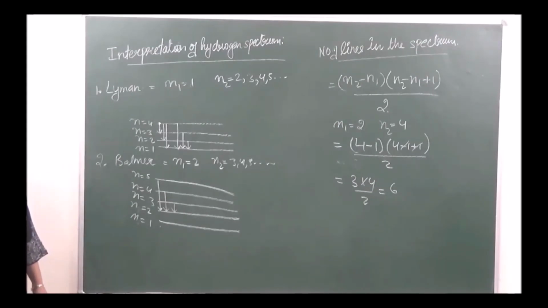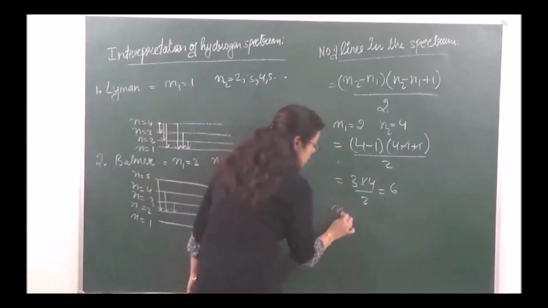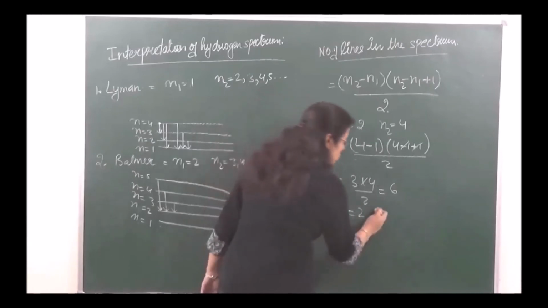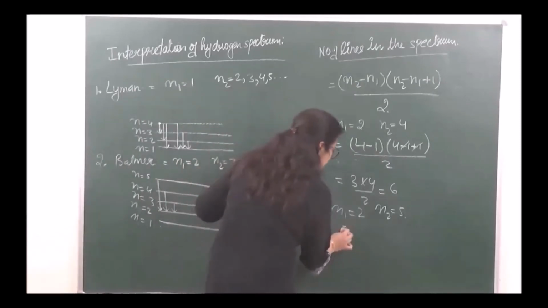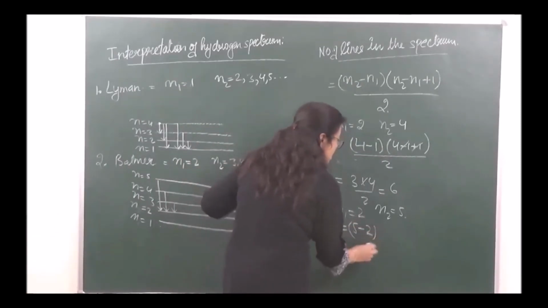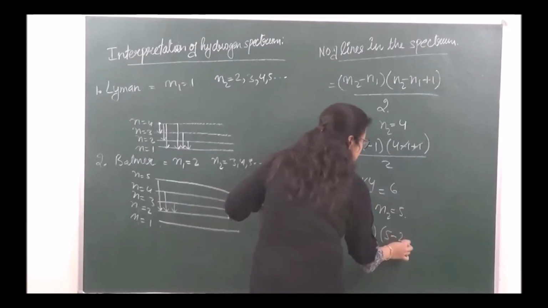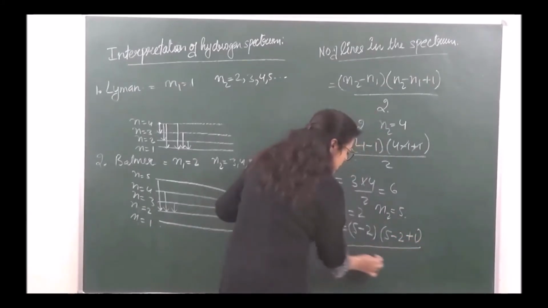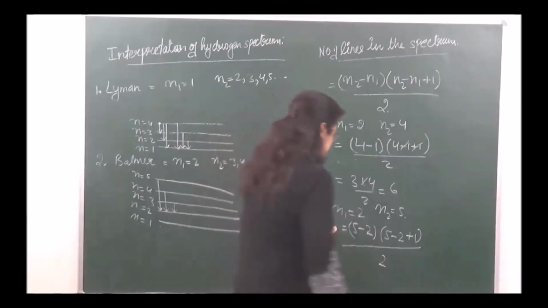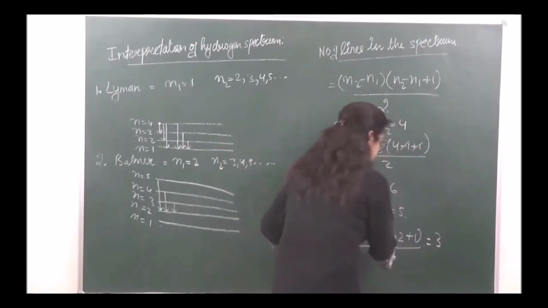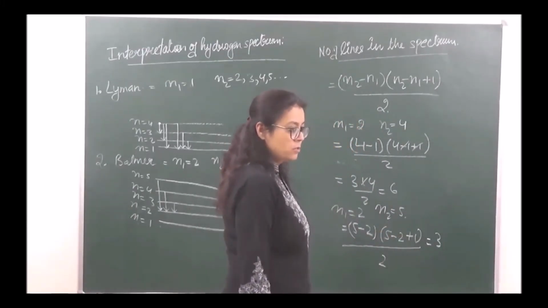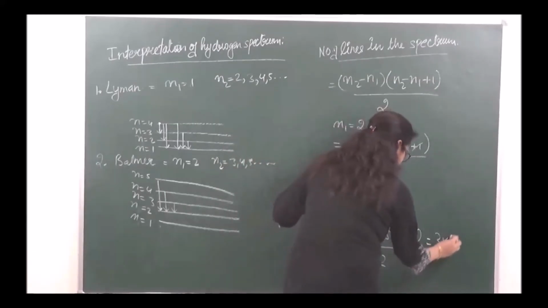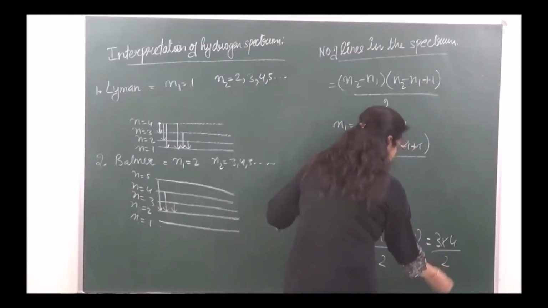Clear? And if we are saying that the transition is taking place from N1 is equal to 2 and N2 is equal to 5, then the number of spectral lines will be (5 minus 2) into (5 minus 2 plus 1) divided by 2. Okay? 5 minus 2 is 3, so over here it will be 3, 3 plus 1 is 4, into 4 divided by